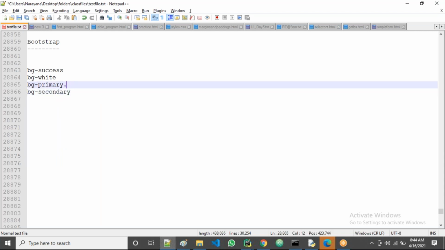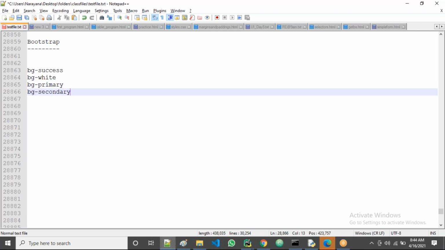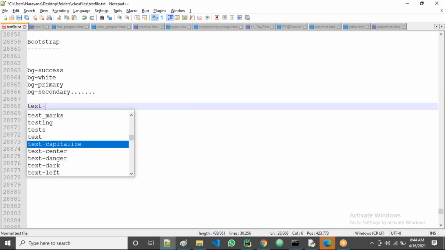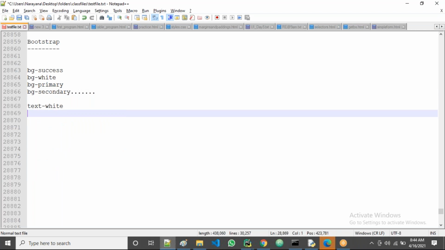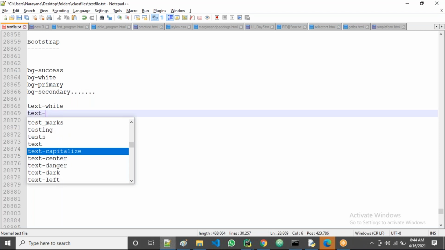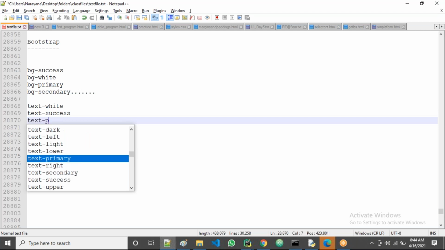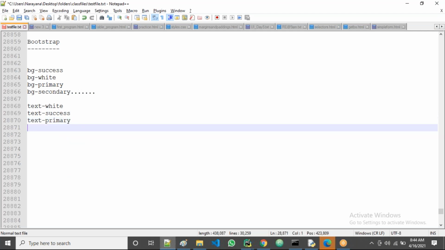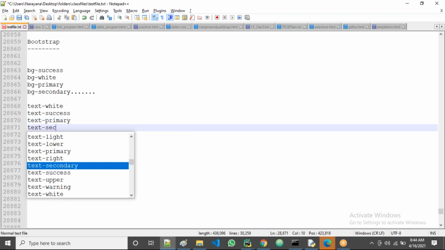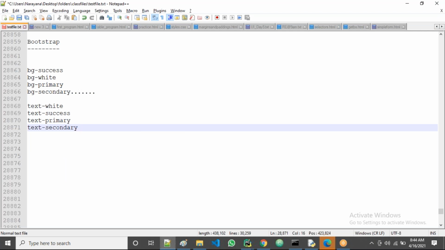There are some colors, guys. These are background colors. Next, text-white, text-success, text-primary and text-secondary. These are the text colors.